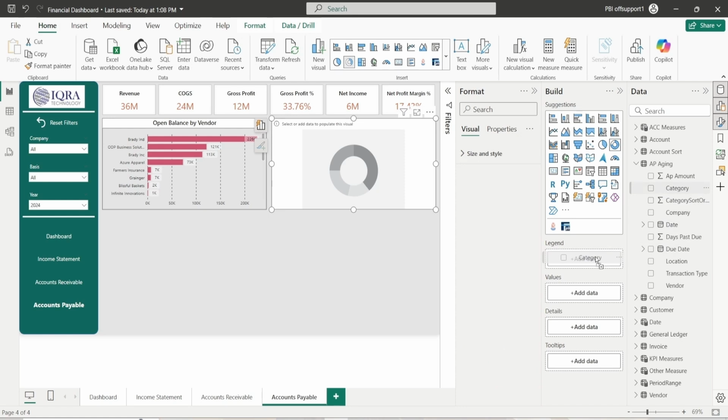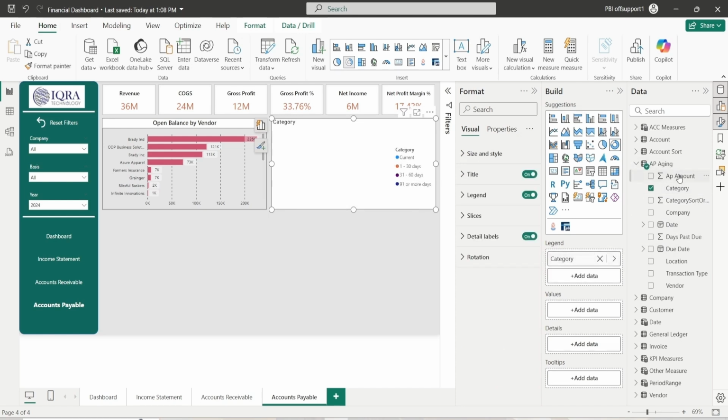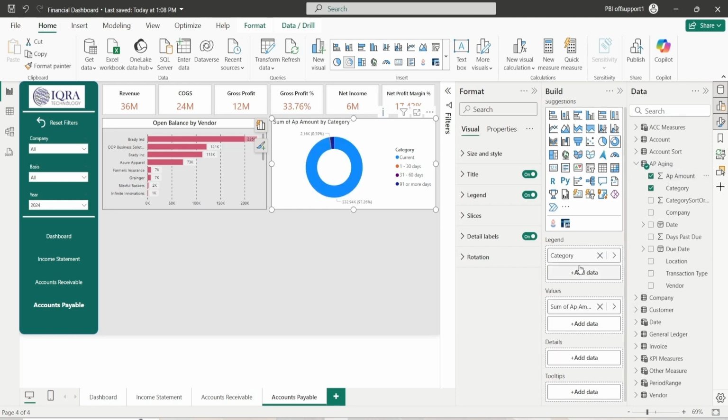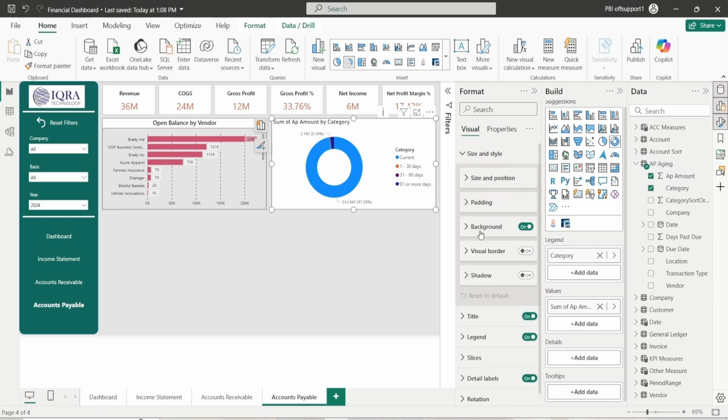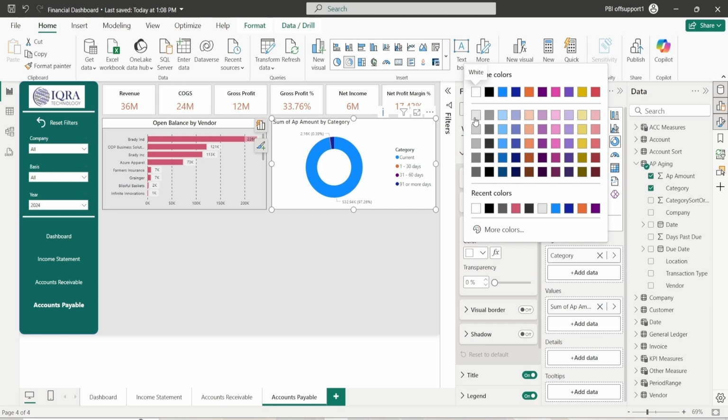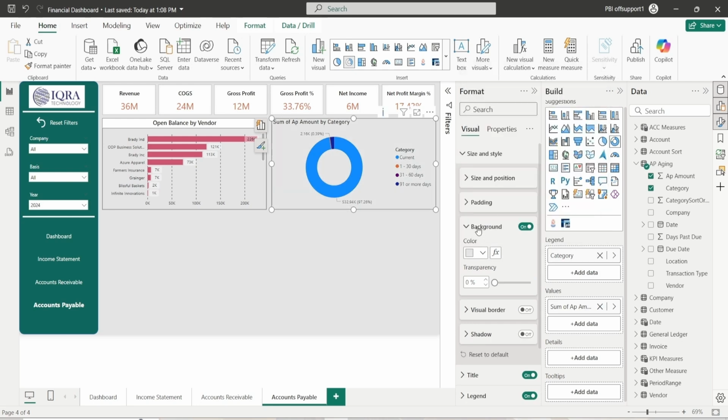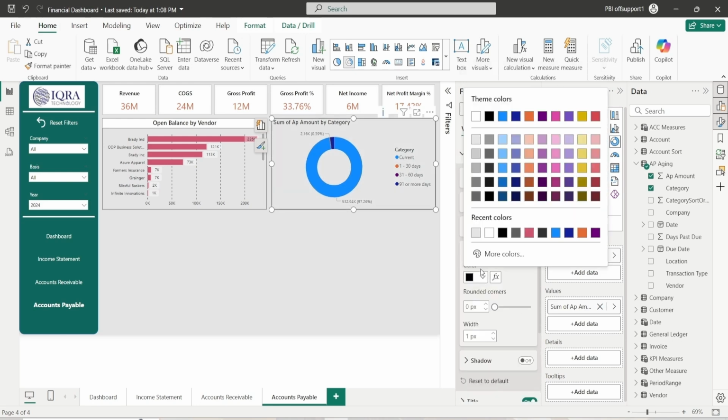For legend we have to choose category and values AP amount. Then we have to give background color. Also open the visual border,